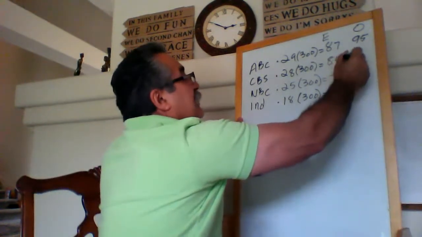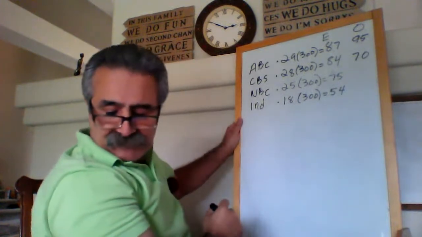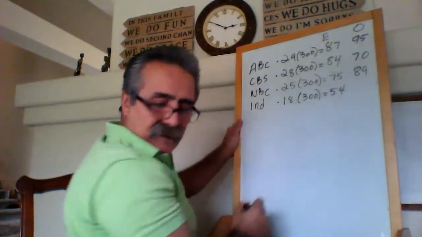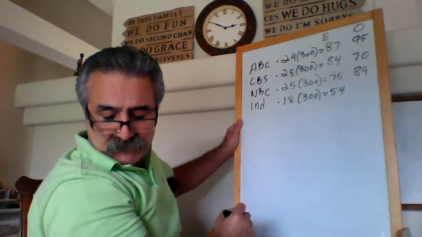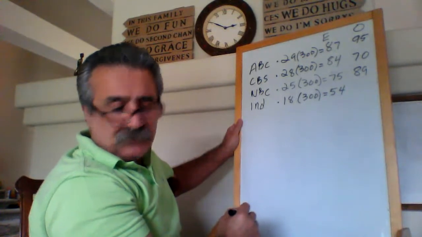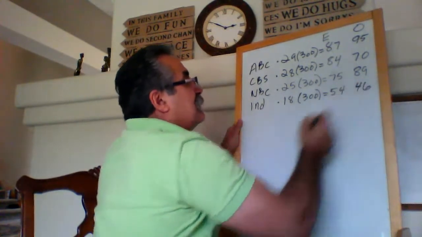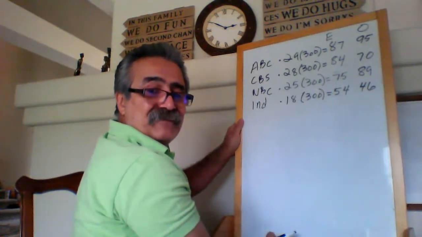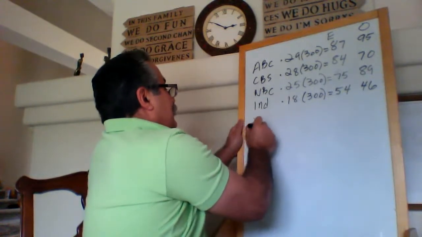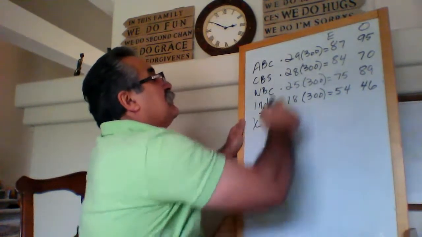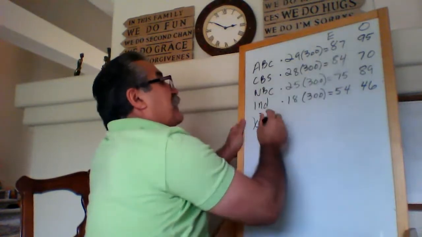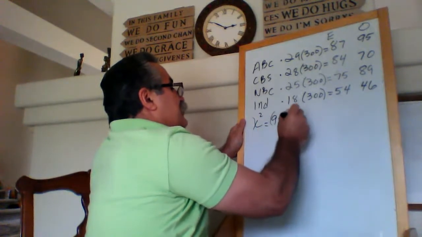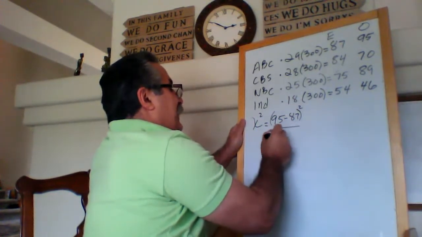CBS is 70. NBC is 89. And independent channels, 46. So we go ahead and do chi-square equal to observed minus expected, 95 minus 87 squared, divided by 87,